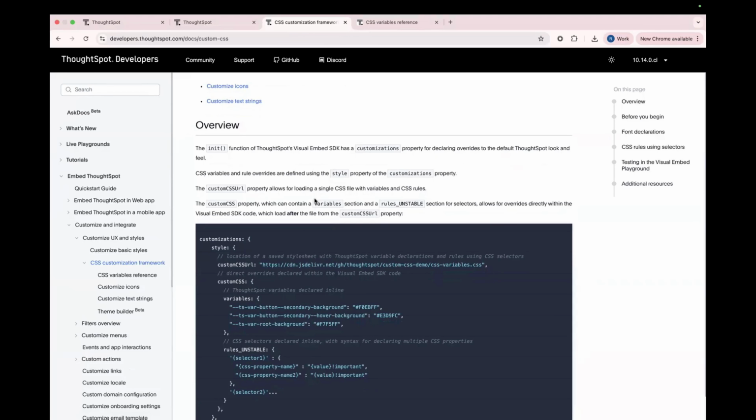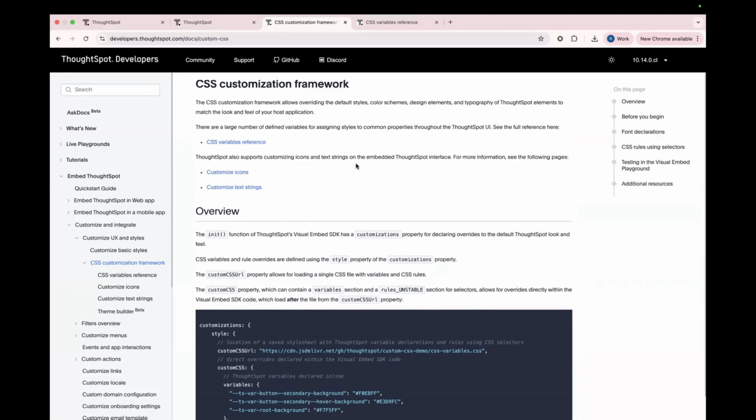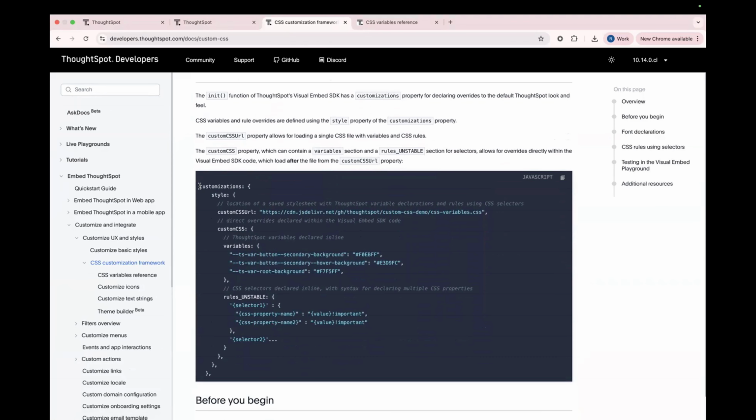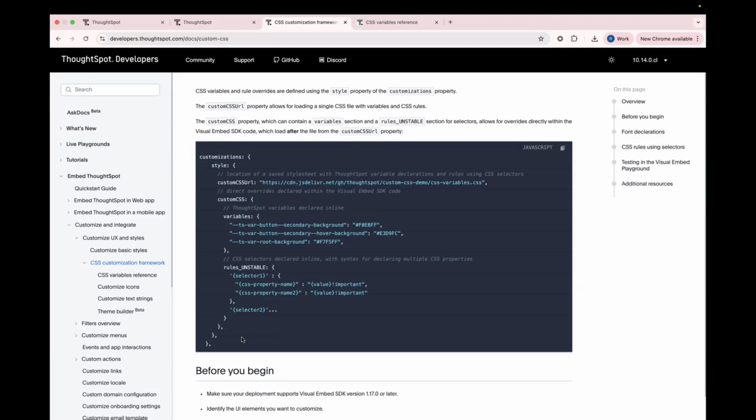Today I'll be walking you through the Theme Builder, how we can customize the embedded ThoughtSpot look and feel as per the host application. So adding a little bit of context here. ThoughtSpot has a customization framework. What it does is provide a config. You just need to pass this config, and based on this config you can customize everything and anything inside the embedded ThoughtSpot. So Theme Builder is basically enhancing one of the most important user flows, which is the